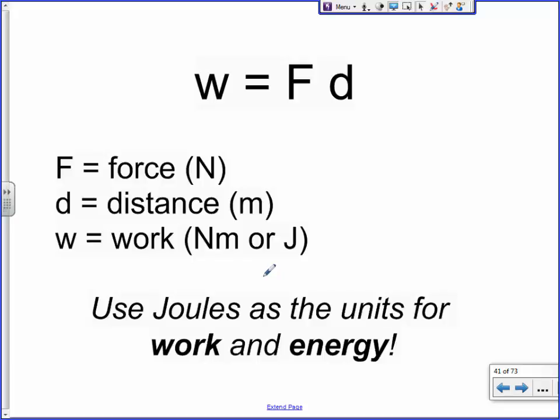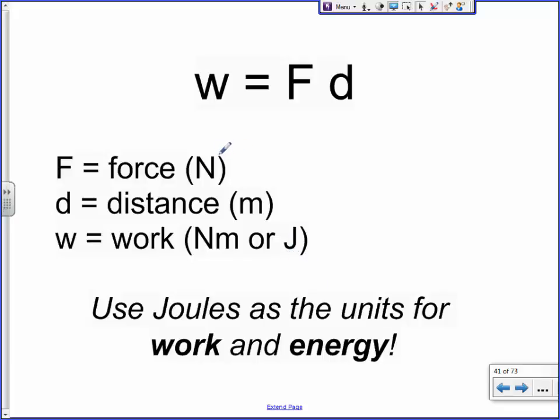He did, yeah. He had like a stirring thing, right? And what he ended up doing is he dropped a weight, and as the weight fell, it caused the stir to stir something, and that found how much temperature change there was. Anyways, in his honor, we've named the units for work after James Joule.